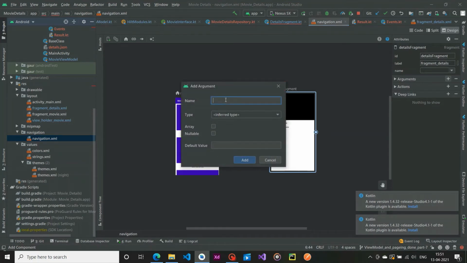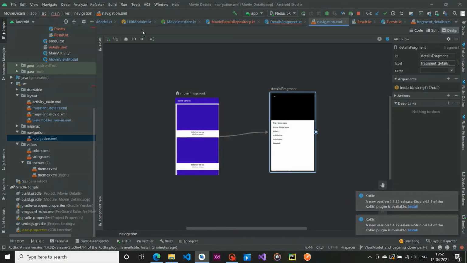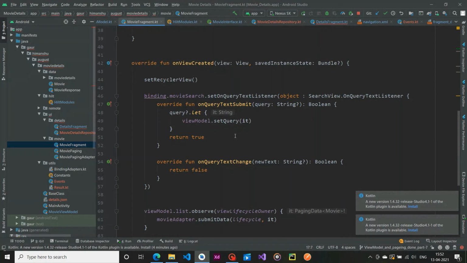The argument name is IMDb ID, type is string, nullable, and default value I just set to null. Add it, and when we click on our list item we'll land on the details.